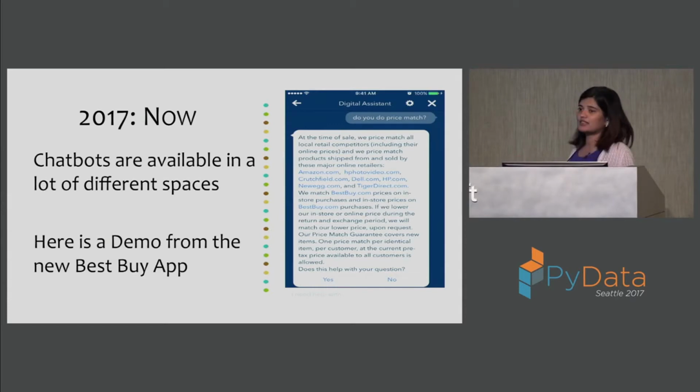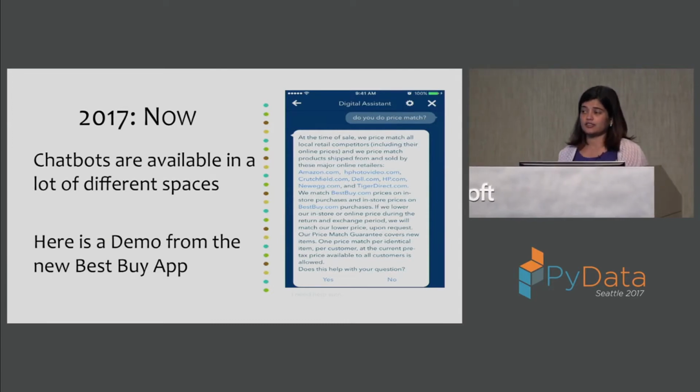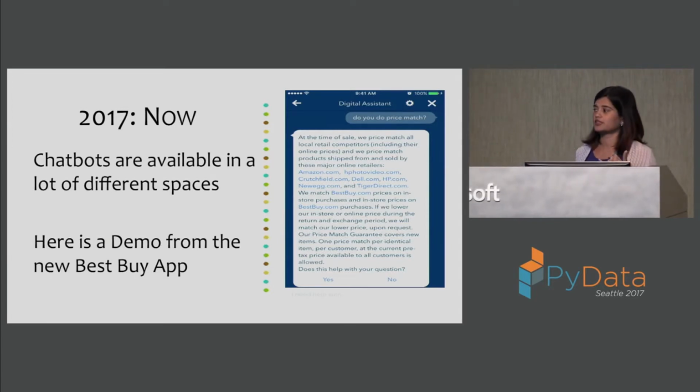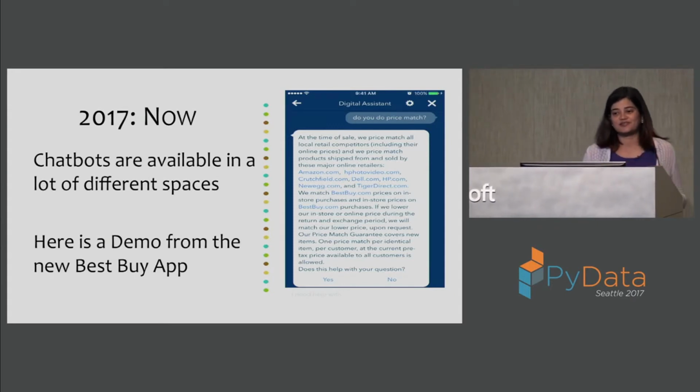But getting this while you're talking to somebody, and them asking you at the end of it, does this really help with your question, really helps streamline the entire process of searching the web for your answer, or being on hold with a person and trying to get your answer, or just screaming at your phone saying, representative, representative.